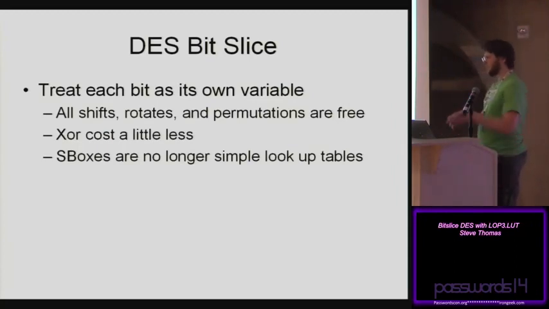Once you split them all out, so each variable is a different bit from all the data, you can't then grab those out, put that through a lookup table, then split them back out, because doing that is extremely expensive. So